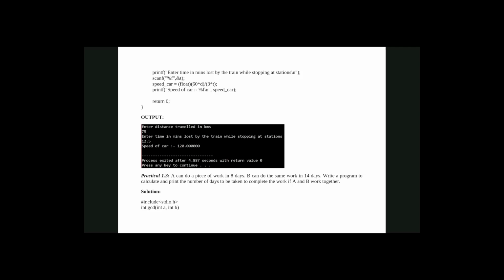So in the next practical, we have to find the speed of the car. And this is the formula given to us, speed of the car. So how many inputs are required and how many outputs are required if this is the formula?